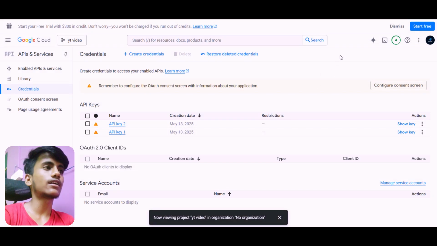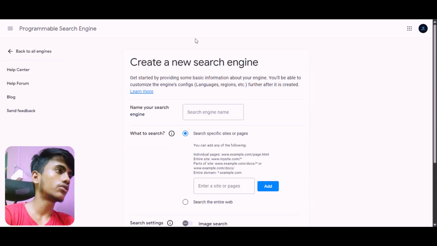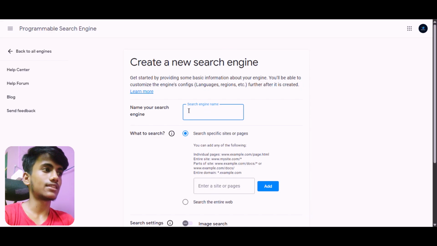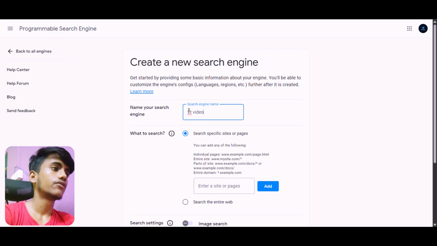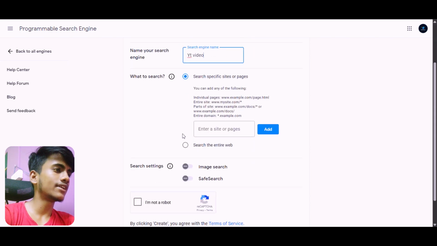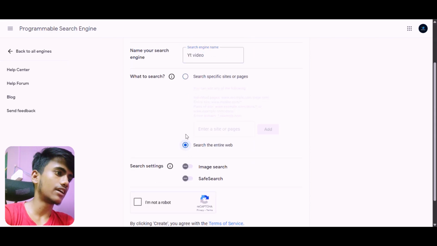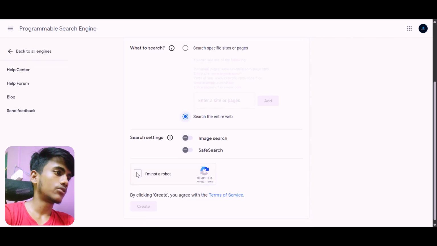Now after you create an API key, you need to go to this link, which is programmable search engine, and you have to create a new search engine. I will name it YT video, right, for the purpose of this video. Then you need to select search the entire web. Then you need to click on I am not a robot.